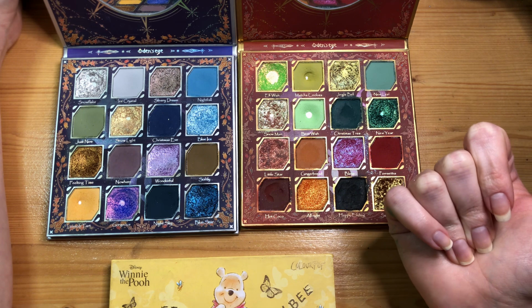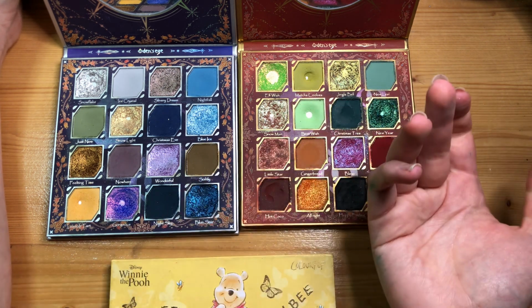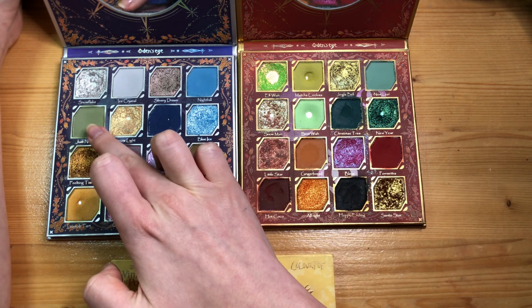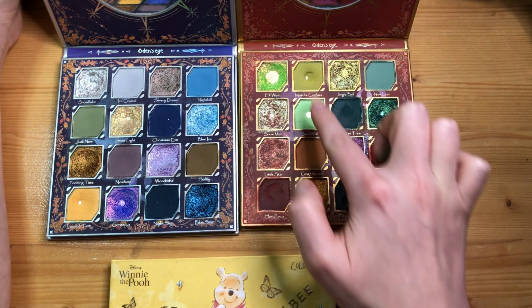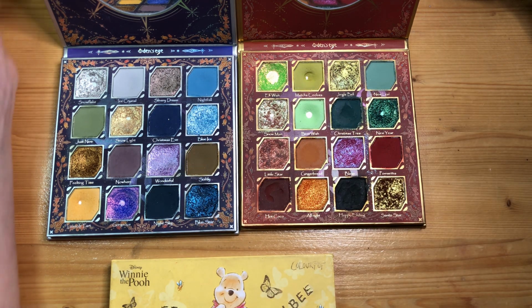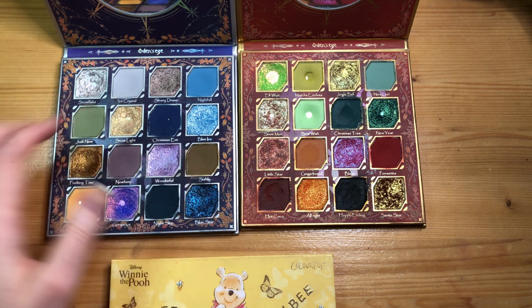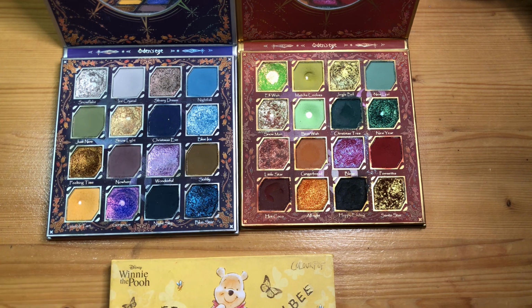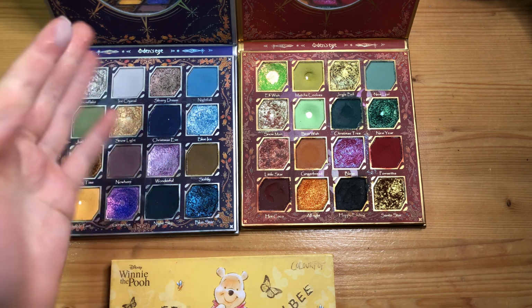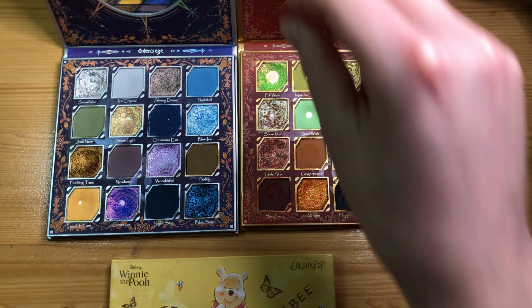And I want to hit pan on more of the mattes because obviously I only have pans in the lightest shades. I need to get more uses out of this green because this green is great, but every time I want to use green from Odin's Eye, I just go for this. But I need to use this one more, and some of the blues. I have to hit pan on the blues as well. So yeah, I'm definitely planning on doing that. This one actually has quite a dip too. It's just not that visible. So yeah, hopefully we'll...